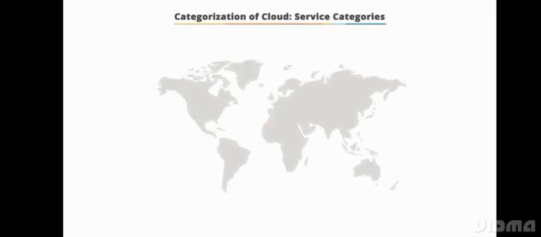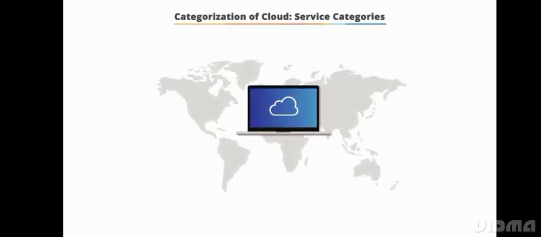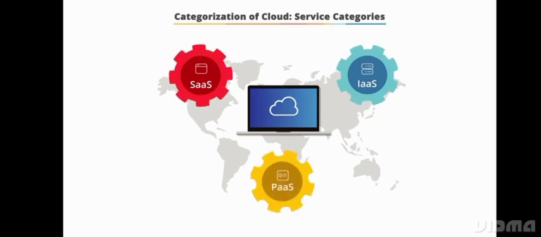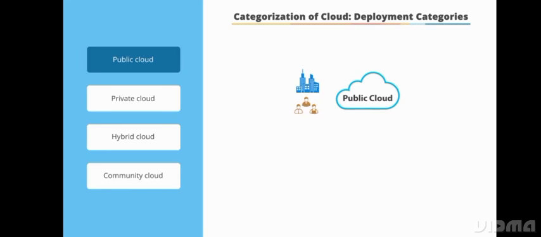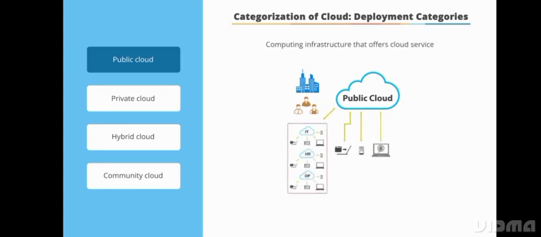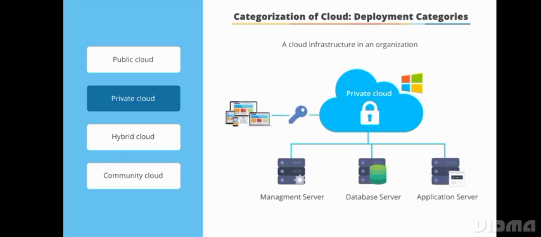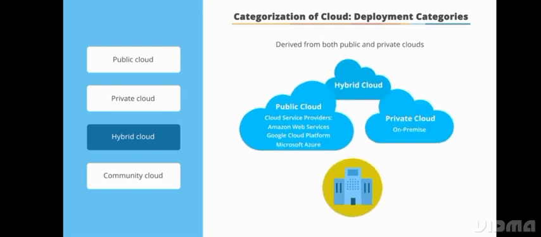Cloud computing can be broken up into 3 main services: software as a service, or SaaS, infrastructure as a service, or IaaS, and platform as a service, or PaaS. Public cloud, we mean that the whole computing infrastructure is located on the premises of a cloud computing company that offers the cloud service. A private cloud means using a cloud infrastructure or network solely by one customer or organization. A hybrid cloud means using both a private and public clouds depending on their purpose.